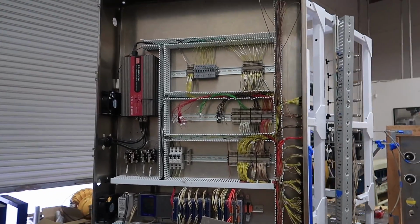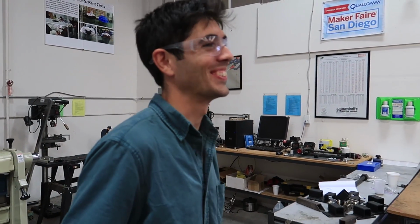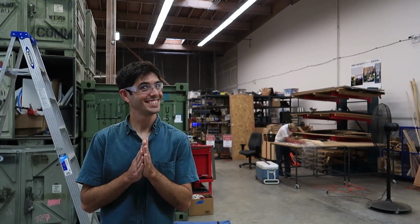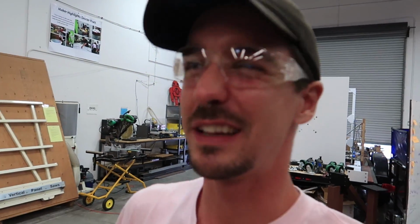This is making me nauseous just seeing all of this. Do we get to use the forklift when we're making a skateboard? No, unfortunately. Damn it. Do you want to go see what the skateboard stuff is? I mean, kinda, yeah, we really should. I mean, yeah, NASA stuff, cool. 3D printing, pretty cool. But skateboards,